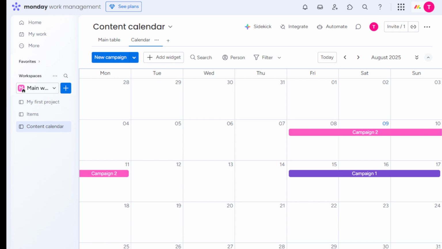With a board for your content ideas, organized scheduling through a date column, the insightful calendar view, and effective tracking using statuses, you're fully equipped to use Monday.com for